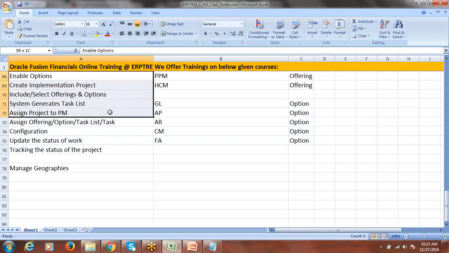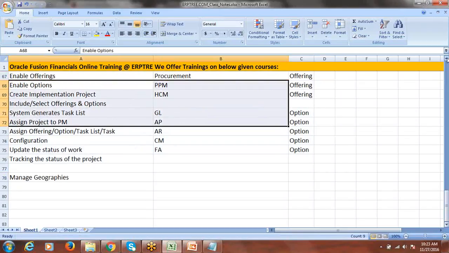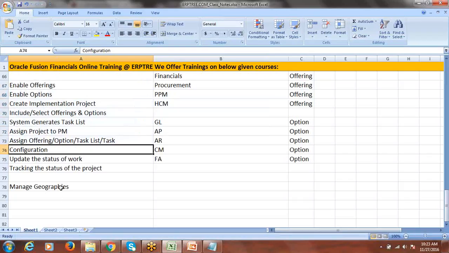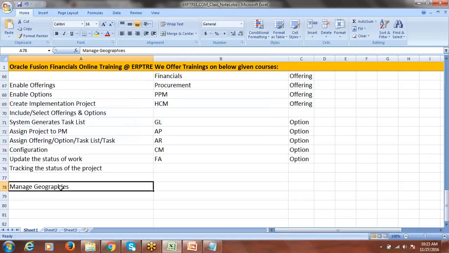Once you're done with these activities, that means almost your project is ready to start working on, right? Once you do all these setups, enable offering, create and assign, before you start the system configuration, you have to take a decision. When you talk about location information, the locations we have to define and use in the system to identify our entities. When you create the business unit, which is equal to the operating unit, EBS operating unit we are calling as business unit,